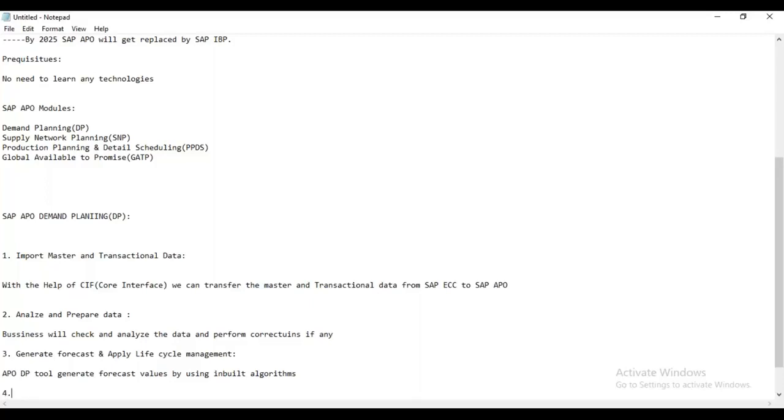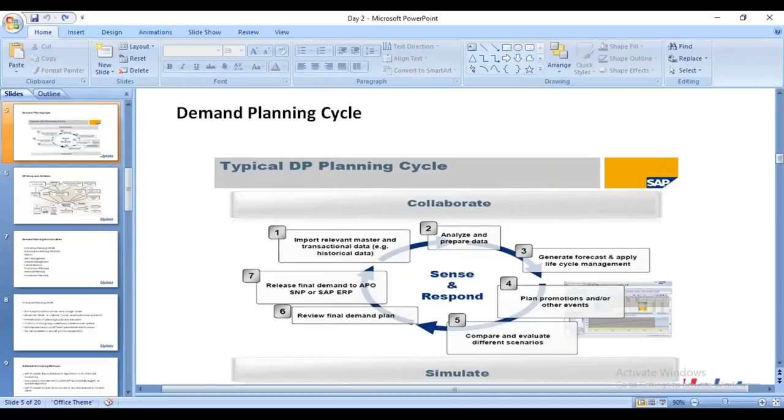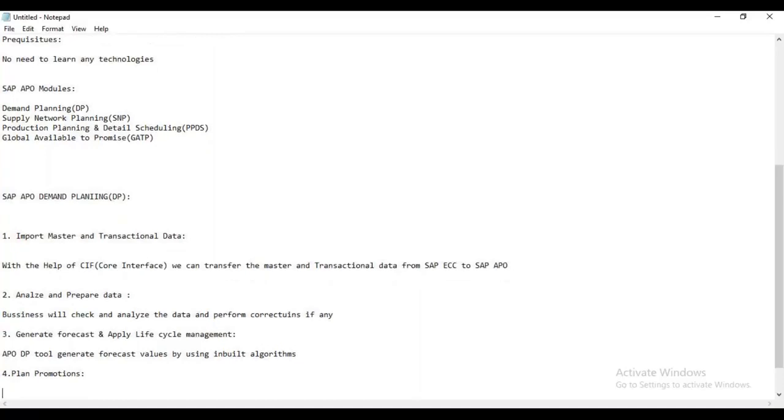The fourth step is plan promotion. Once forecast values are generated, business people review the forecast, and additionally, the sales and marketing team are going to add the promotions, which means that for some products, with the help of